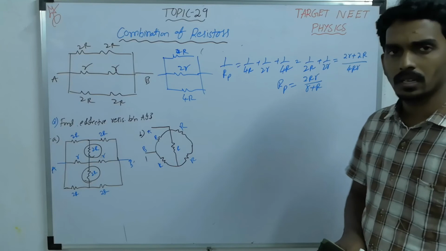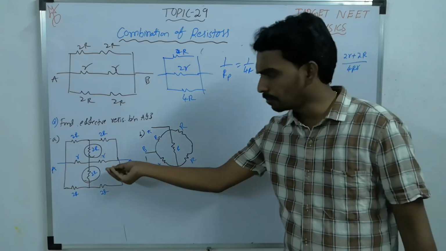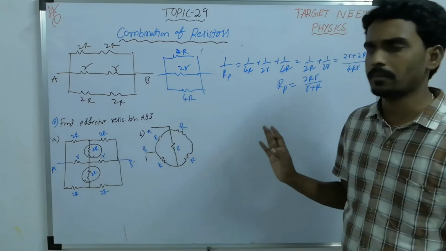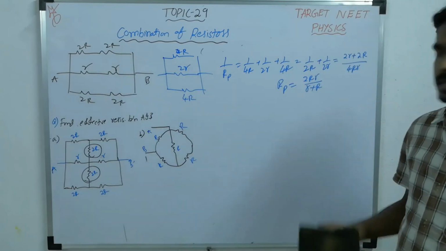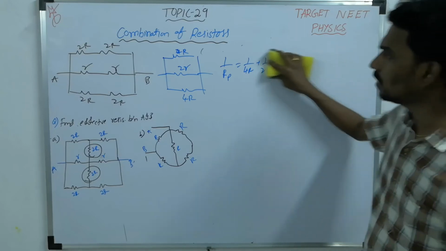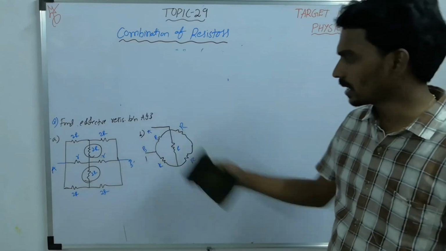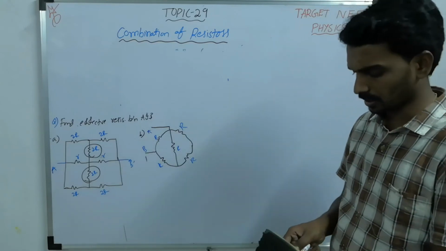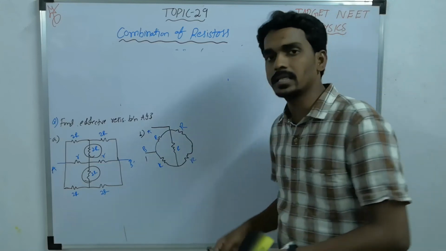So this way you can understand the series and parallel combination. It is a bit big, but the logic is the same: the combination of series and parallel. That's why I am suggesting you to mainly solve this kind of questions. And the last and final one, here also the same thing, but understanding and simplifying the circuit is important.